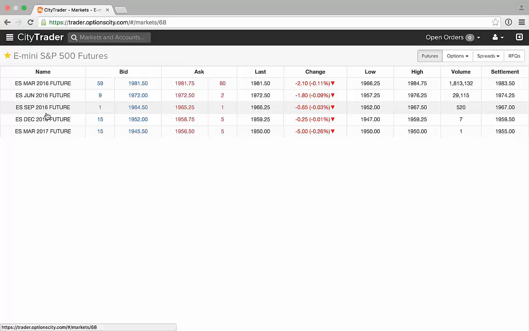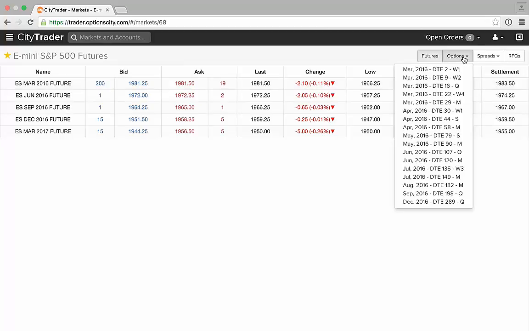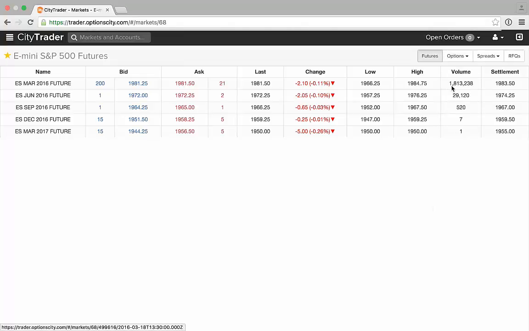So here on the futures page, you'll see a list of all the futures that are currently available, their bid, the ask, last, change, low, high, volume, and settlement prices. If I want to go to options, I simply click here on the drop down, and it'll give me a list of all the available options groups that I have. If I click on one of the option groups,